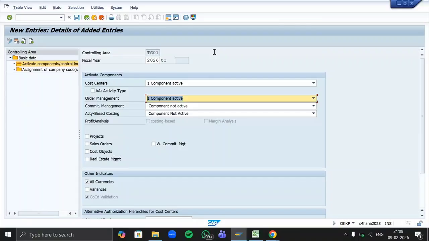Then how will the controlling area get to know what they have to track here, right? The tracking is starting from 1st of April 2025, not from 2026 January. The company has to get to know that whatever analysis they have to do is from April 25 to March 26. Right. Then which fiscal year I have to mention?